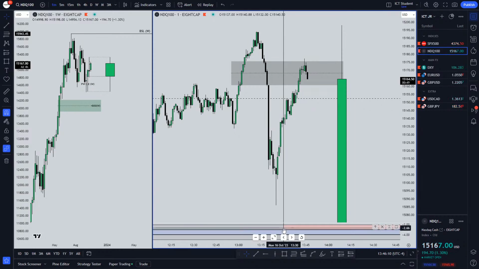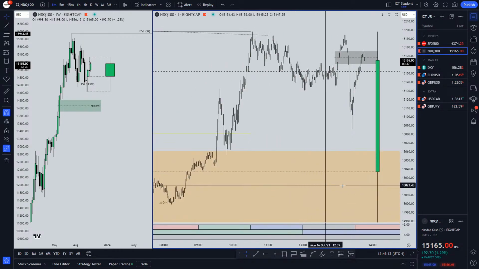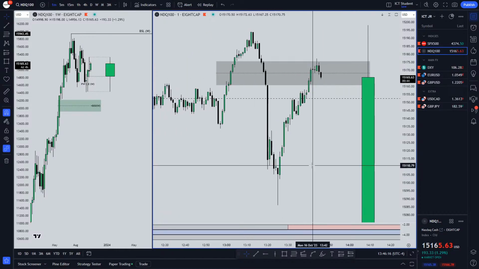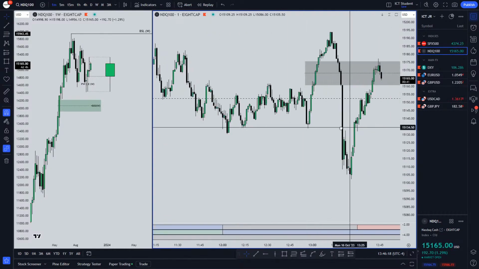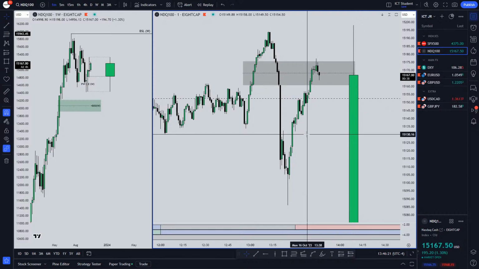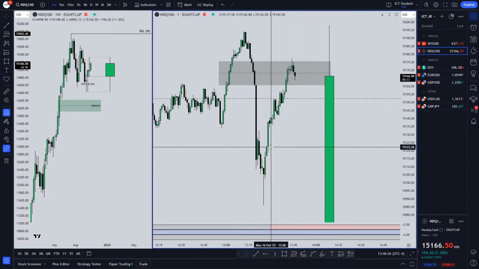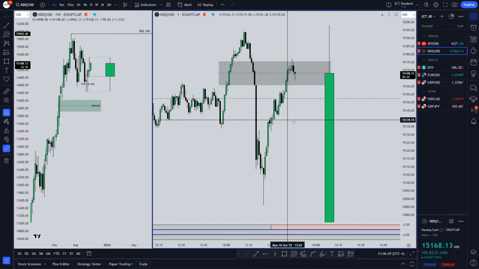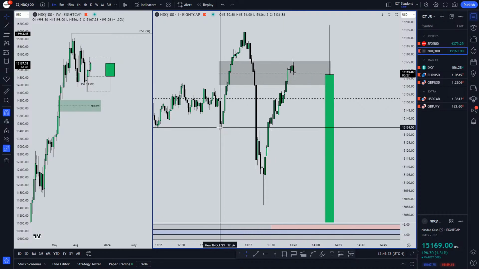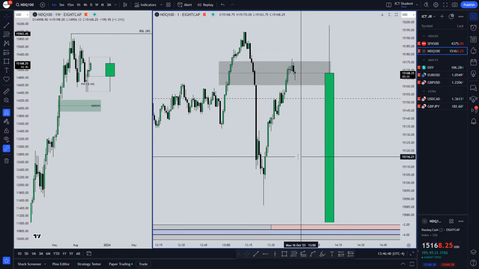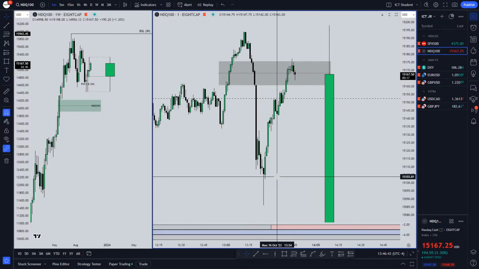What's that, quarterly theory? It's 90-minute cycles, and then 6-hour cycles, and then the daily cycles. It's basically the time aspect elements like accumulation, manipulation, distribution, and then continuation. It's hard to explain because I'm not Day. If you go check up on Day's YouTube channel, Day Quarterly Theory, you're gonna see it. He explains it really well, or you can go on his Twitter. But it's basically accumulation, manipulation and distribution phases, and then the big candle daily.